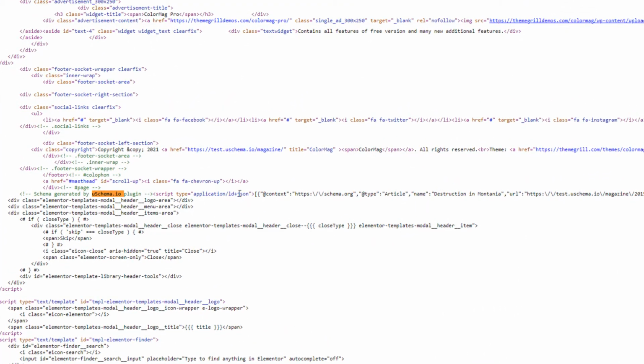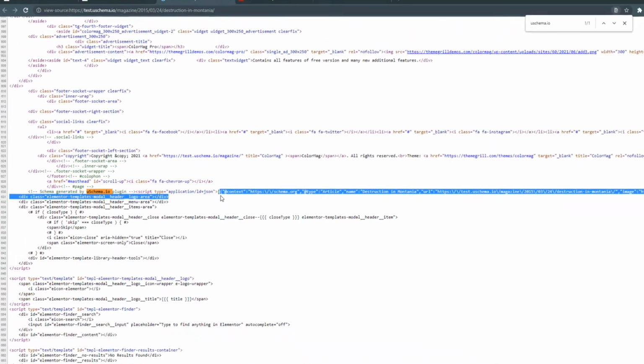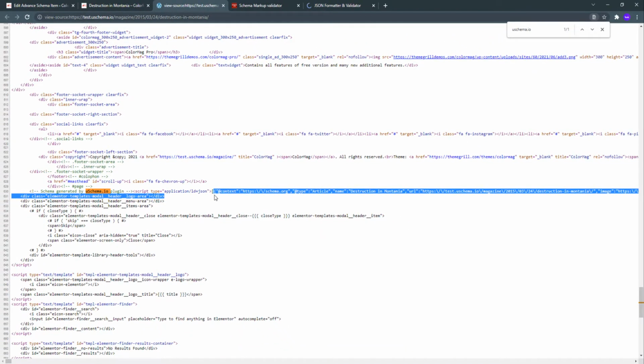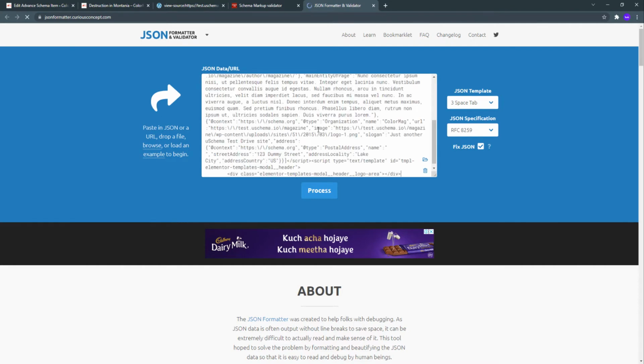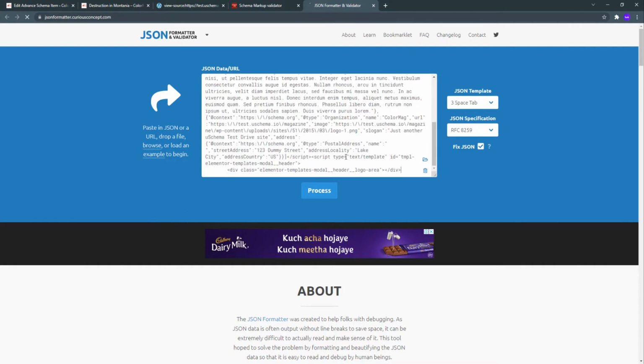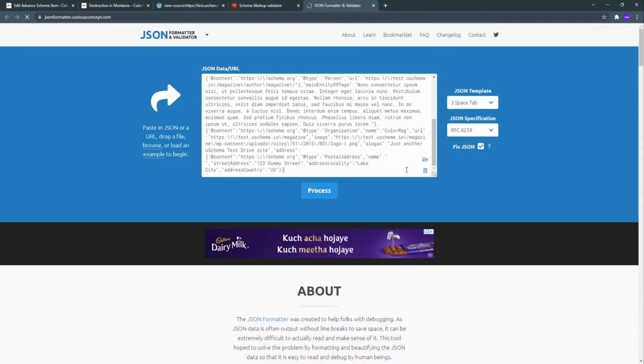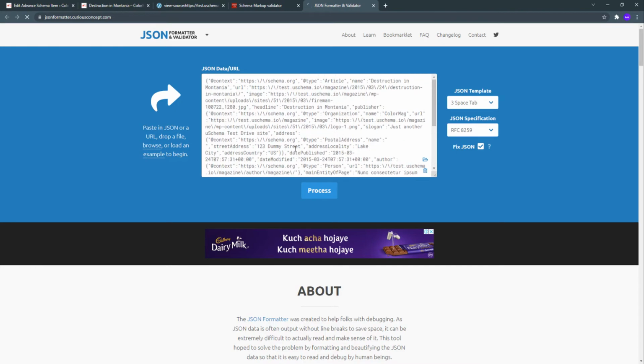Let's copy all of it and put it in a JSON data validator, and remove the additional things we have copied here. This is just the JSON on the page.